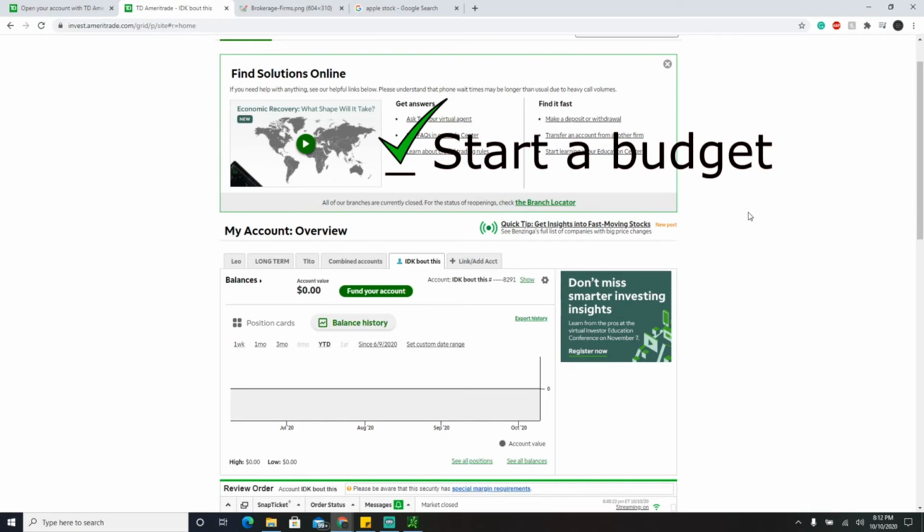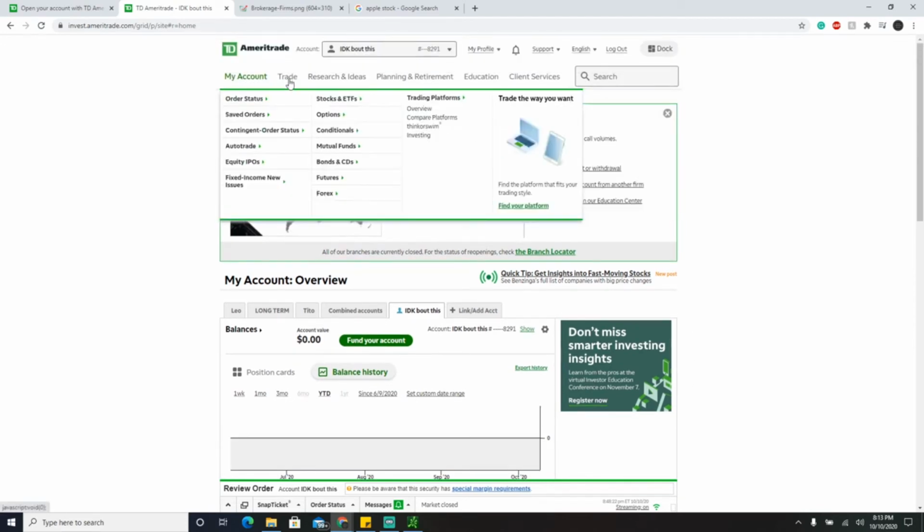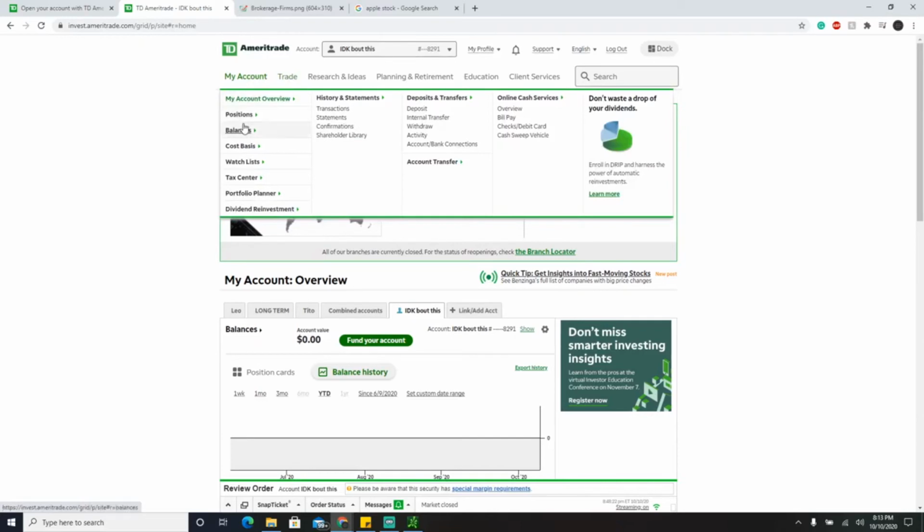Obviously, you can increase this as you have more money over time, but pick a number that you want to invest every month, and you do not see that money. You instantly take that money as soon as you get it and put it in your brokerage account. And if you don't know how to do that, it's very, very simple. You go to my account, you click on